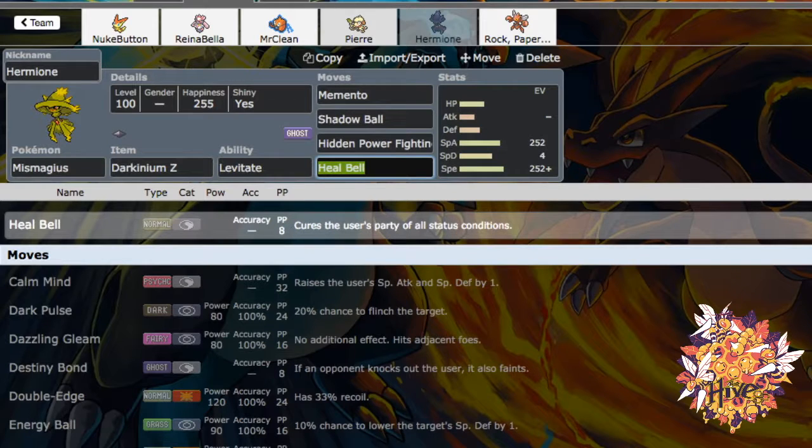Next, I have Hermione, and Hermione has Z Memento, which is going to work like a Healing Wish. I have Shadow Ball, Hidden Power Fighting, and Heal Bell. And that's essentially Hermione right there. If Hermione gets a couple stat boosts, you know, from Mega Slowbro to Pierre, from Pierre to Hermione, then I can put in a lot of work, because